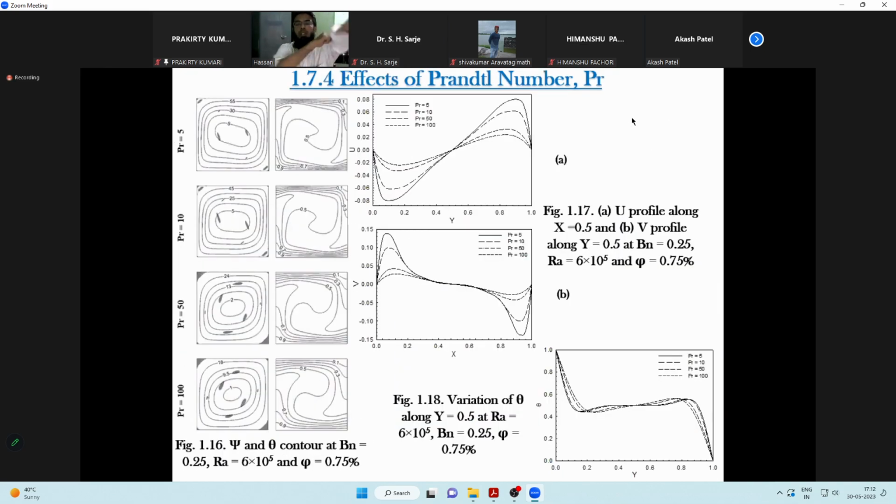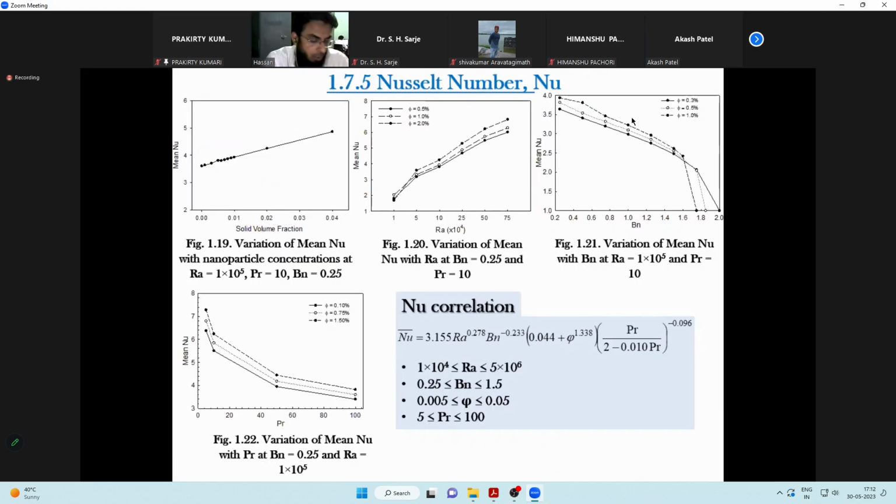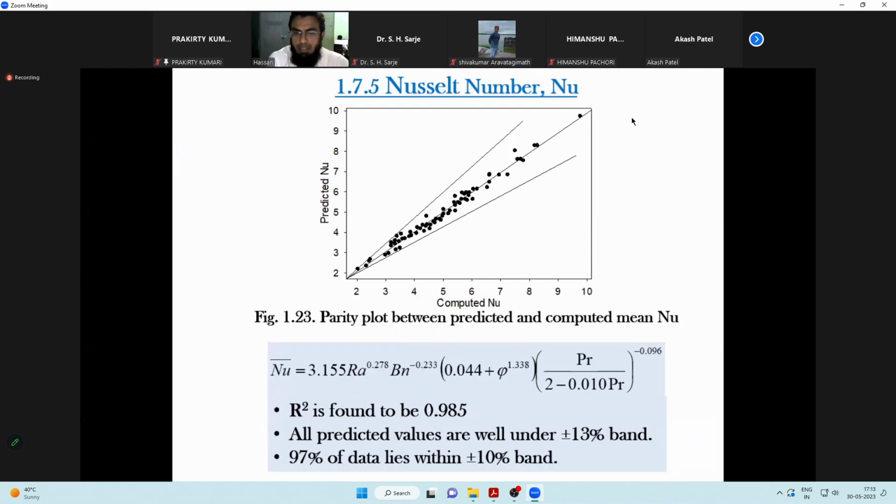Ultimately, because for each case we have been deriving the Nusselt number, which helps us in calculating the total behavior. For all the range of Rayleigh number varying from 10 to the power 4 to 10 to the power 6, Bn from 0.25 to 1.5, particle concentration from 0.05% to 5%, and for a fluid ranging from Pr 5 to 100, Nusselt correlations were calculated and proposed, and it comes out to be something like this, where the average Nusselt number was found to be equal to